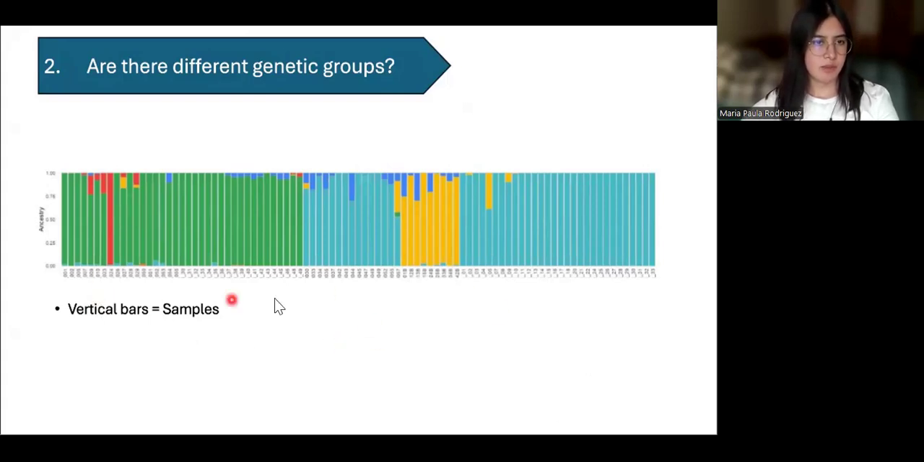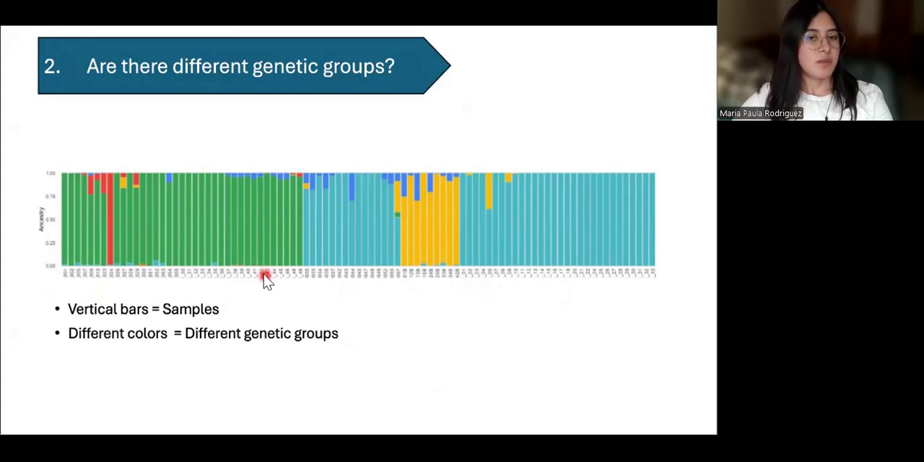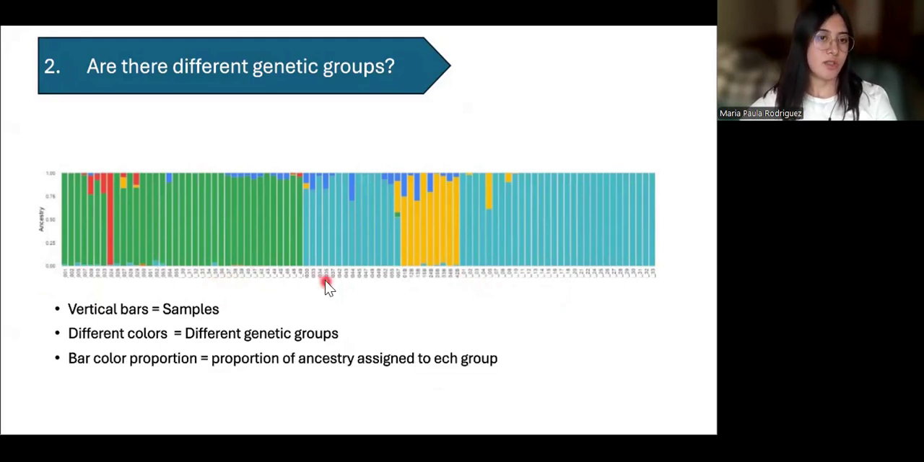I will show you this type of plot where each vertical bar is an individual sample, and each color represents how many different genetic populations are identified. In this case, we have 5 colors, so 5 genetic populations. The color proportion of each vertical bar represents how much of its DNA belongs to a genetic group. For example, these 3 samples are part of only the green group, and all of these samples are part of only the blue group. Sometimes samples like this one will show more than one color, which is often interpreted as